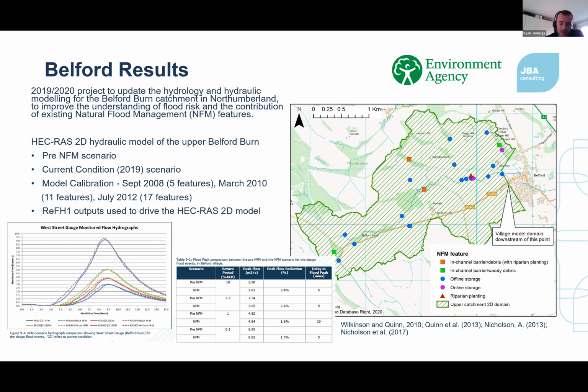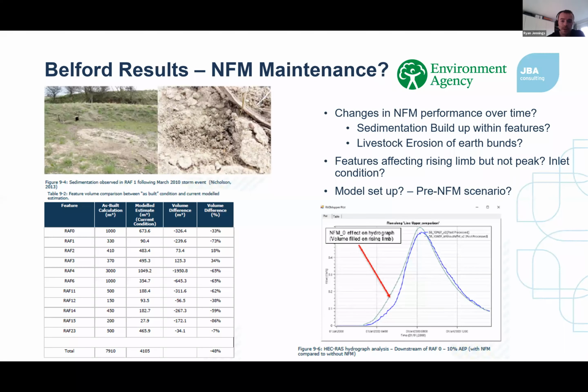So they think it's because of some of these features in. So we're looking at that and comparing sort of a 2.5% reduction and trying to compare the two together. So we did a bit more analysis on this, and we came up to some of the conclusions about the NFM maintenance. So some of these features have been in sort of 15 years, maybe more. And what we've worked out is these changes in